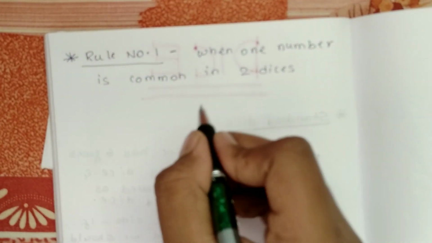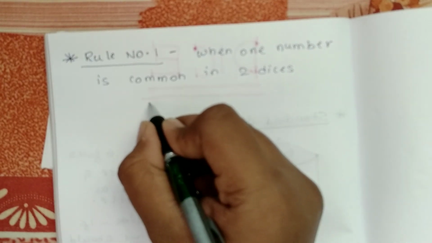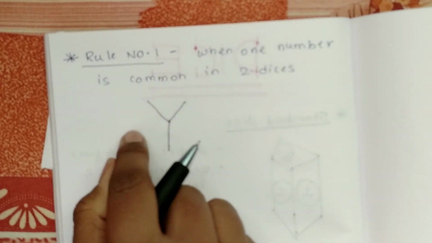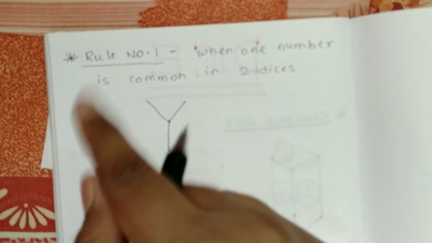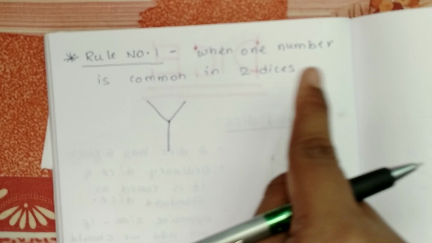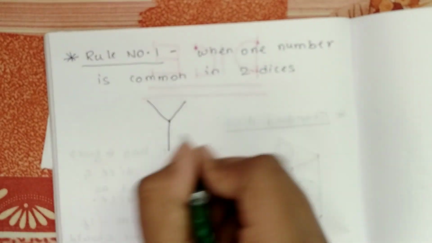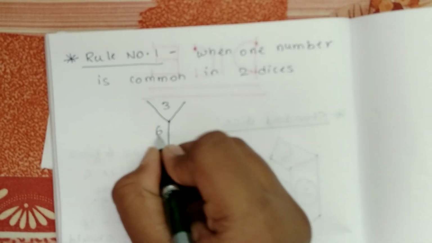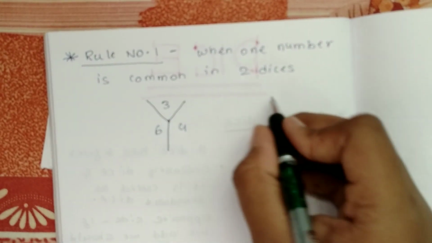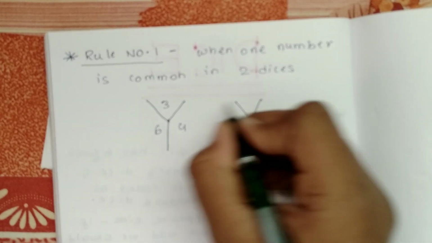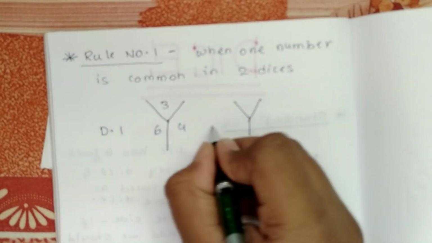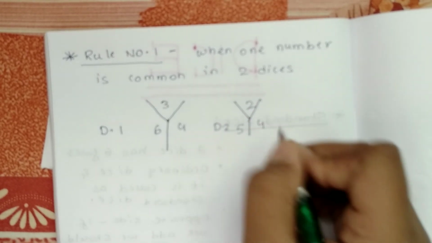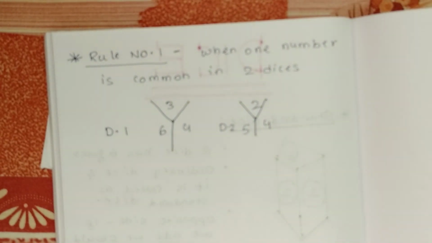From now, I'm not going to draw the complete dice, whereas I'll draw like this. So these are the 3 sides you can see here, and if you complete, we'll get a total dice. So I'm going to draw only like this. Now I'll show you one example. Here 3 will be here, 6 and 4. This is just a random example I'm taking. And one more die. This is die number 1, and this is die number 2. In die number 2, it is 2, 5 and 4.